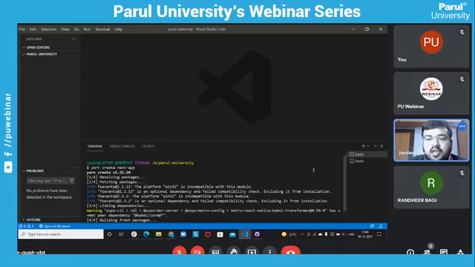I named it pu next.js. Now it's installing all the packages on my local machine. It takes a few seconds, and after that it will work fine.